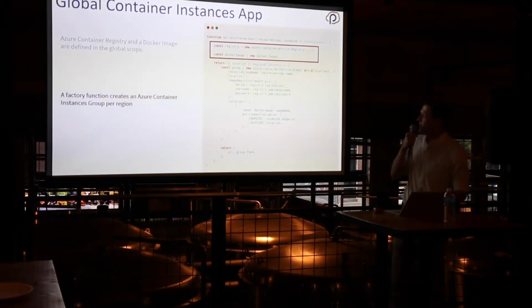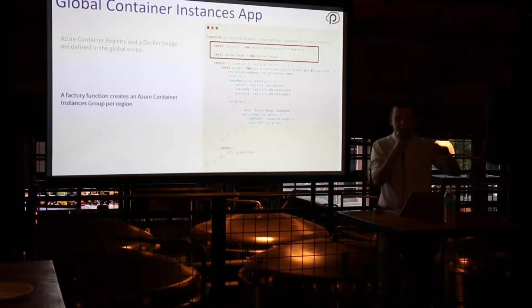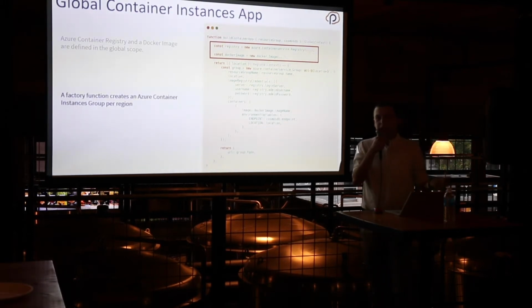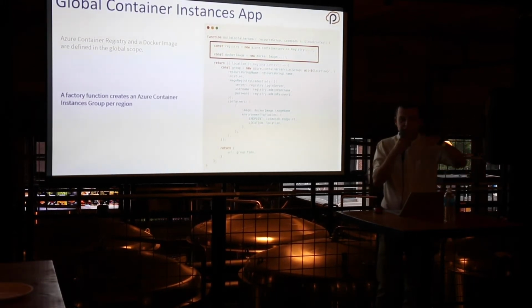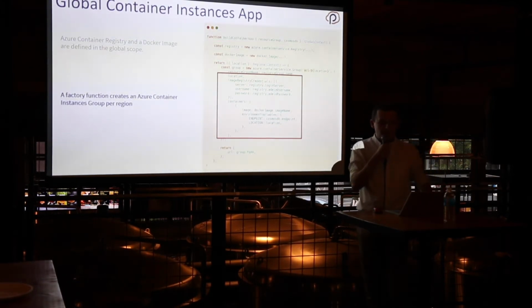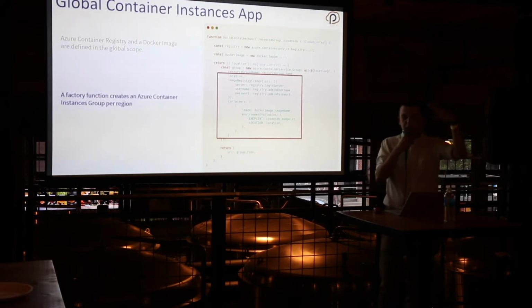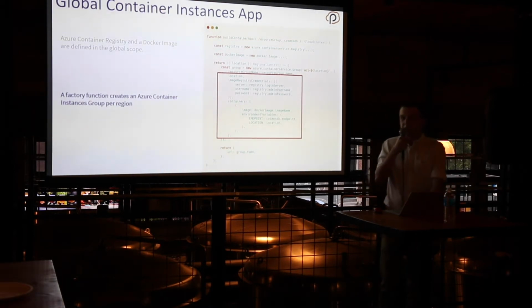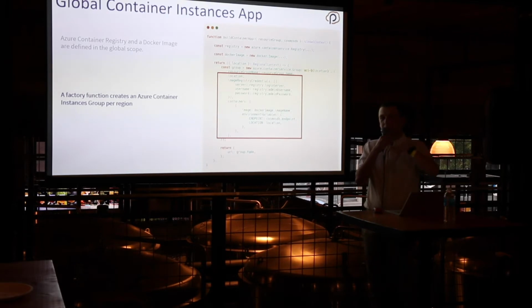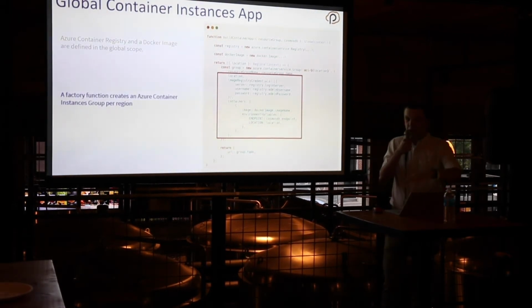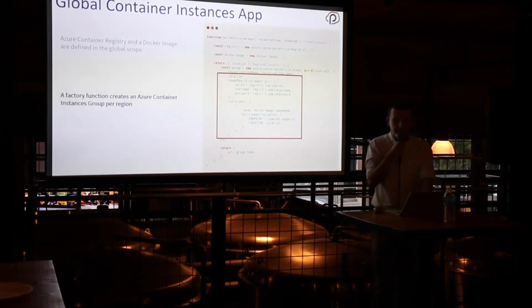For containers, I guess it's not very readable, but I have two blocks here. One creates an Azure Container Registry, makes a Docker image, and puts this Docker image in the container registry. I can still do everything inside my Pulumi program. Then I have a callback, which again uses the JavaScript closure to use that container registry and the Cosmos DB account to create Azure Container Instances and configure them properly to connect to the right region, and then use the right Docker image. In the end, it just returns an HTTP endpoint,